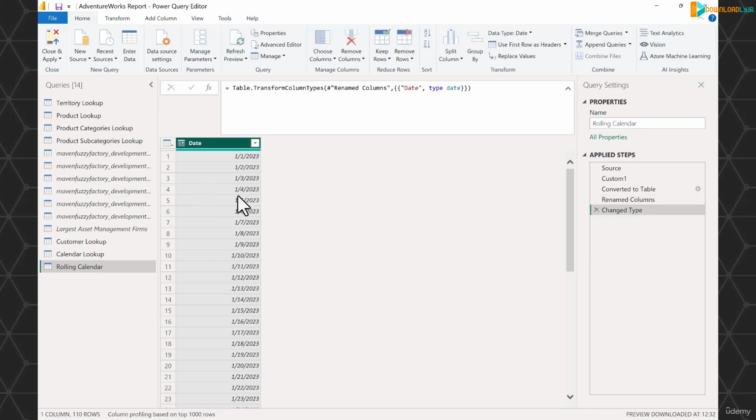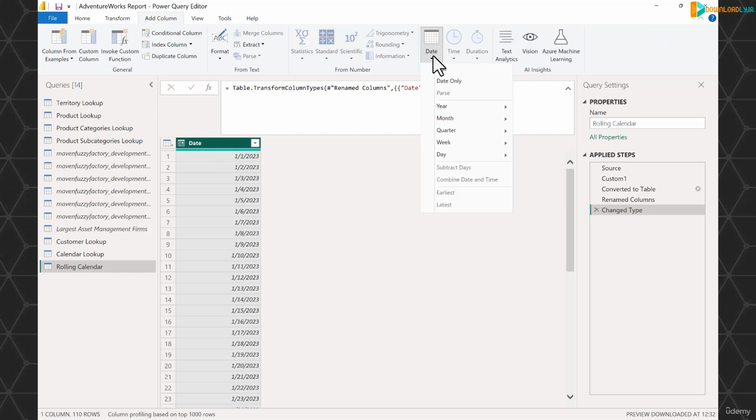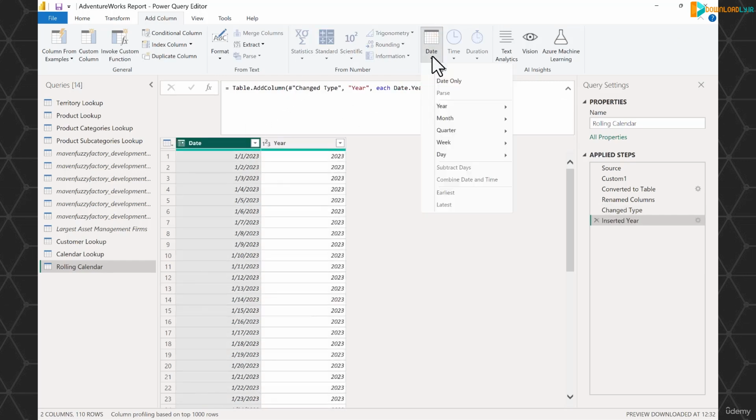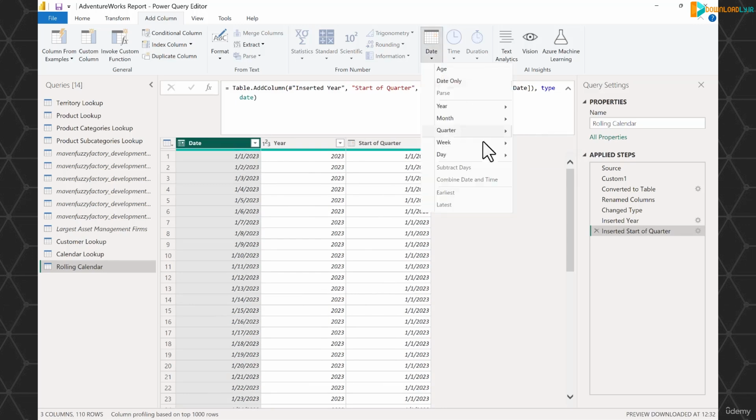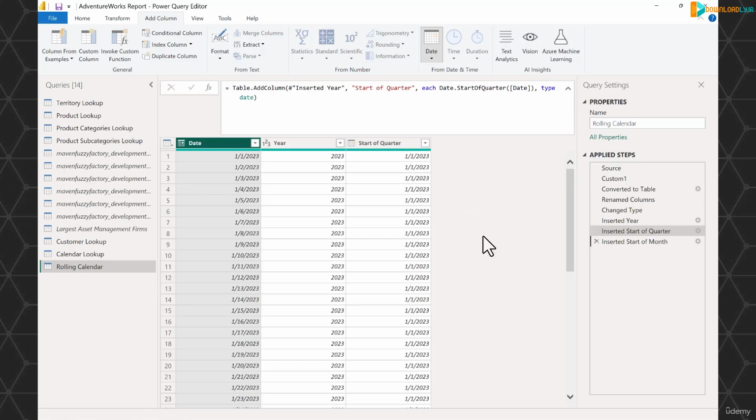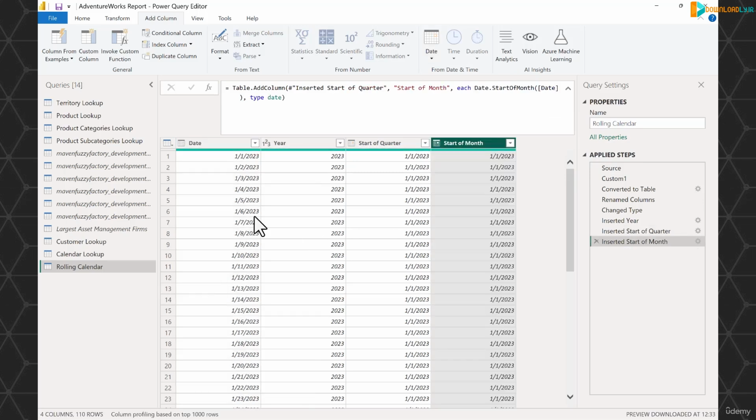So that looks great. And what's cool here is this is ready to use just like the other date tables that we've imported. We can click here, add column, go back to date, and we can start adding in calculated fields like year. Go back, we could add start of quarter, and maybe the last thing we want to do is add start of month. Right? So in a few minutes, with a little custom M code, we're well on our way to creating a